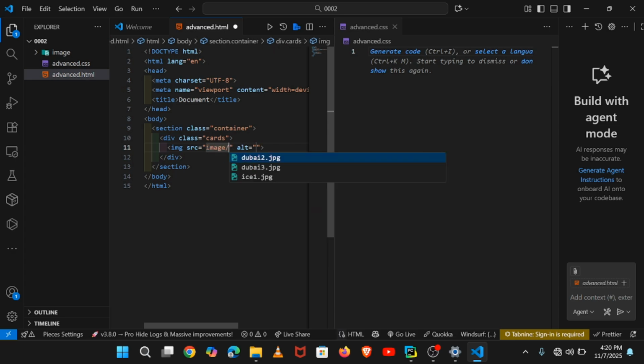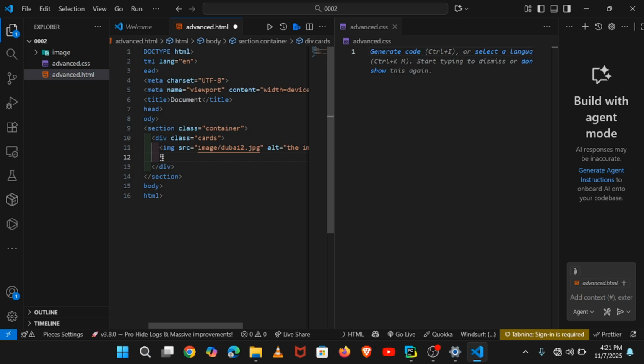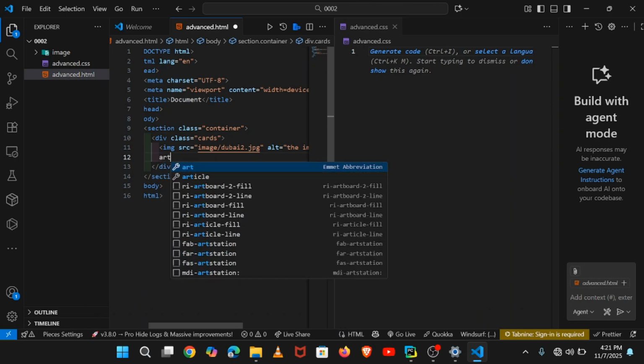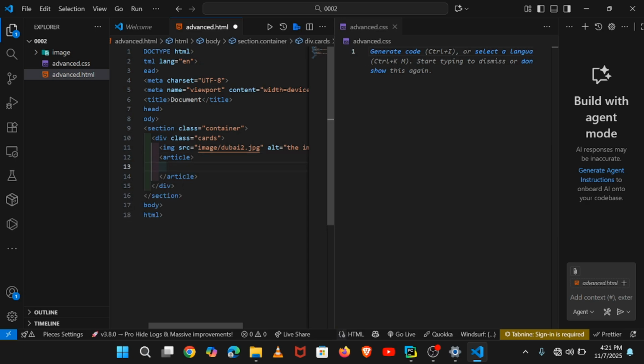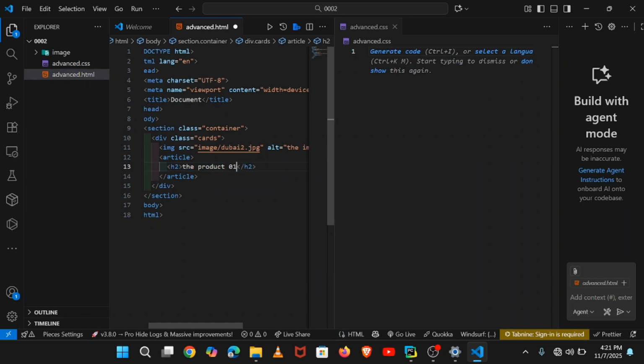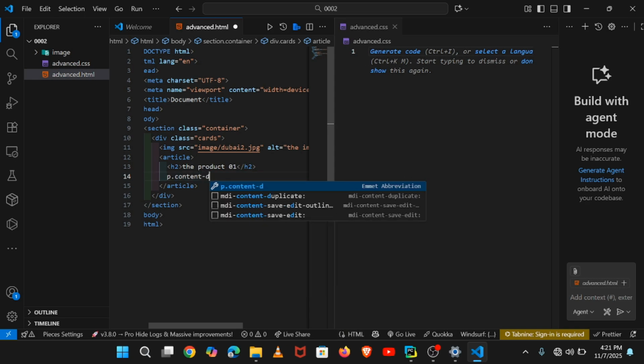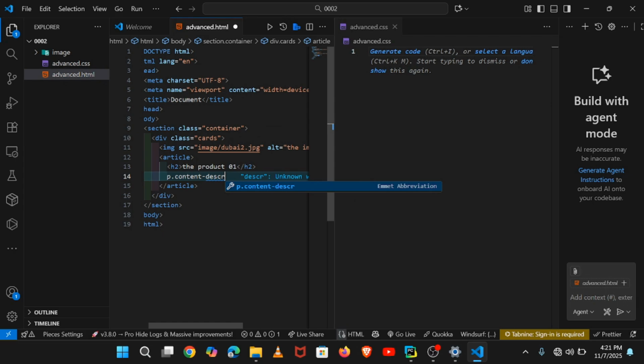With the image, let us load this JPG and give it another image like this, and I may add a simple title with the article like this, and this article will have a header 2 saying Product 01, for example, and add the P, which is the content description, like this,